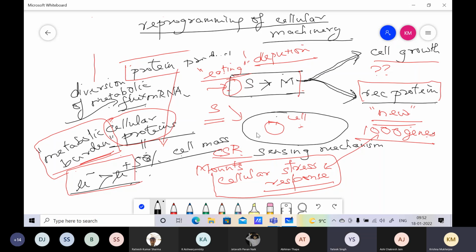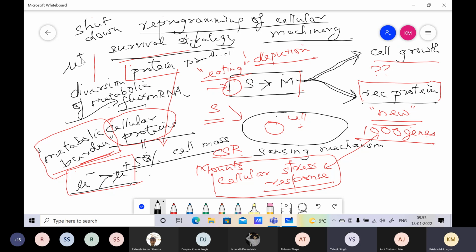Because it sees that there is starvation, there is no food. So it reprograms the cellular machinery to ensure survival under stress. So the cellular stress response is nothing but a survival strategy. So it actually down regulates everything. It shuts down the cell so that the cell can survive for a longer period. Cells growing fast can make more cells, but they are very dependent on substrate, etc. And so when they see that there is no substrate, the survival strategy leads to a reprogramming of cellular machinery, leading to a shutdown. And that is why there is no growth, there is no substrate uptake, and mu plus cells